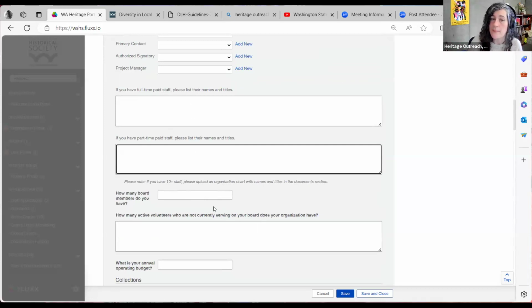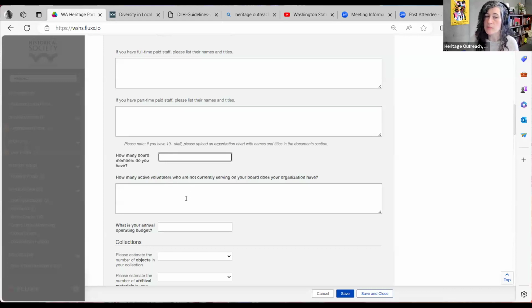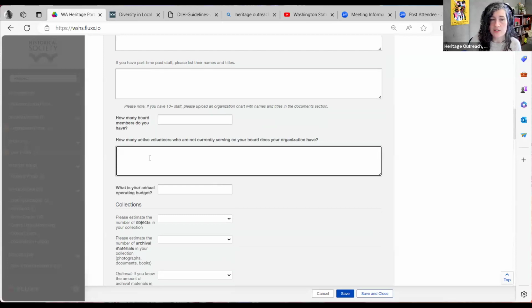We also want to know about your board and what your board is like. So here you'd enter how many board members you have. In this field, there's a chance to tell us about your volunteers. These would be active volunteers who are not currently serving on your board. So just knowing that board members are also volunteers, but this is about the pool of volunteers who are not on the board.